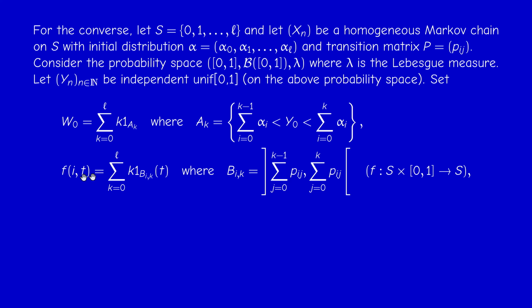So this is actually a deterministic function now. This is the kind of function that we study in measure theory, what we call a simple function. So f_i(t) takes the value j provided t is in this interval. So this is a deterministic function, and now we define